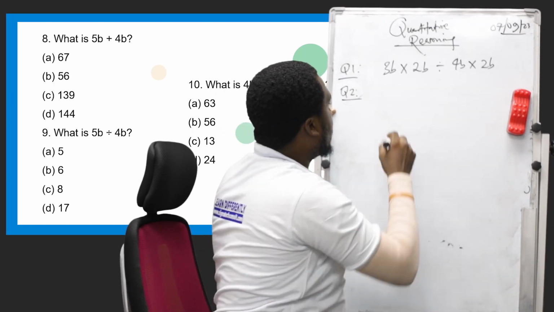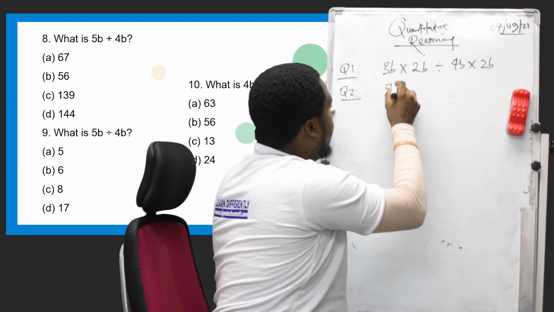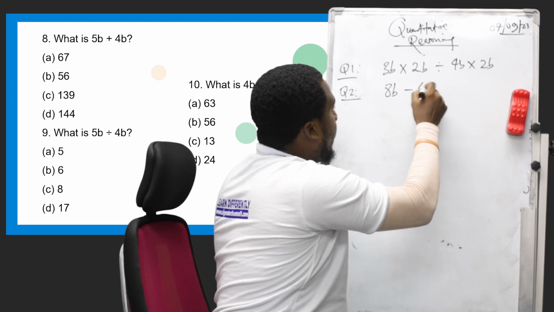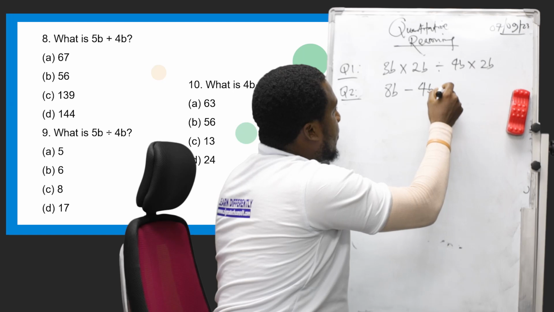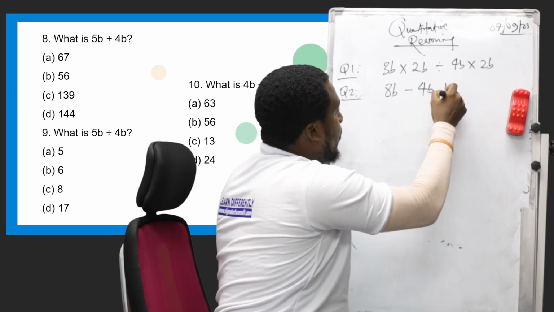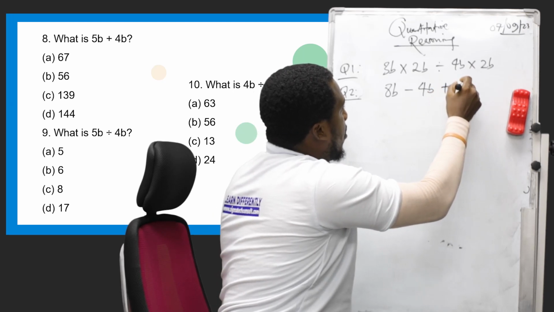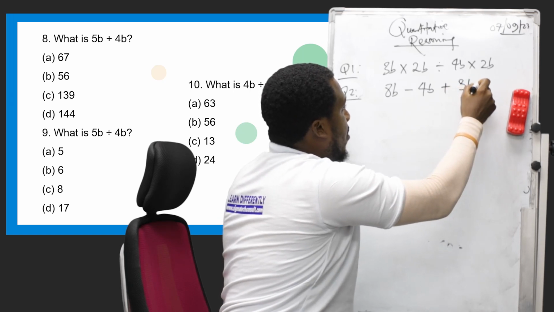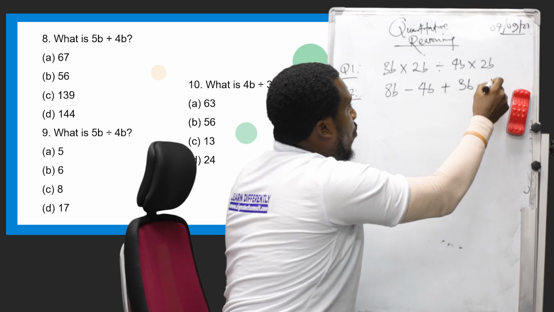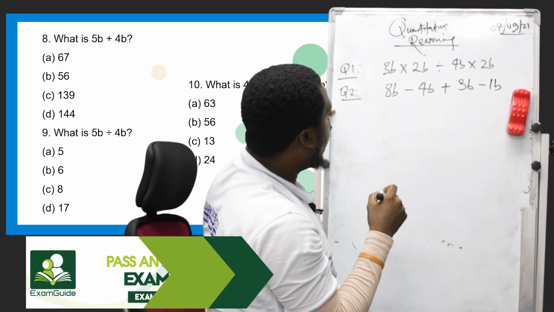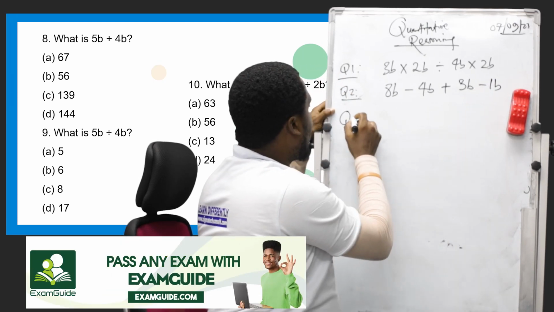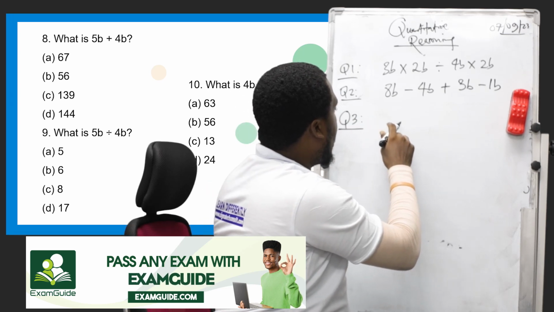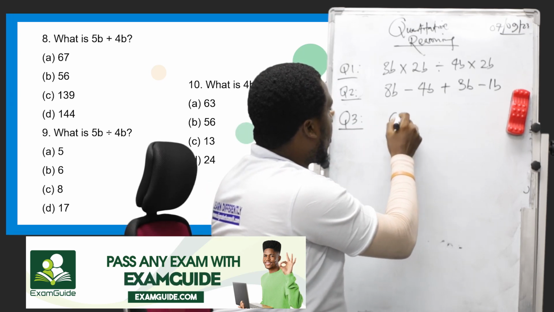Find 8b minus 4b plus 3b minus 1b. And finally, question 3, similar to the one we just did now, do 6b